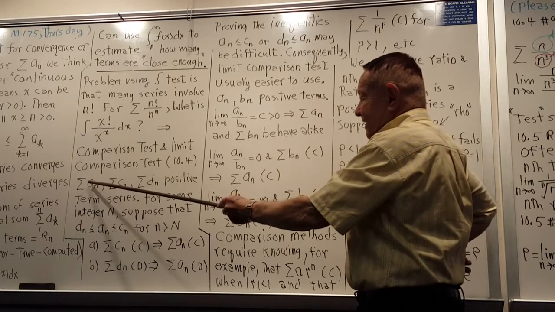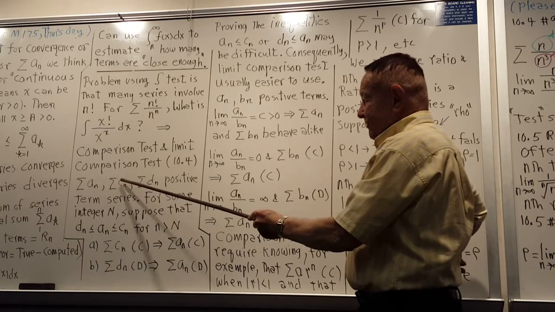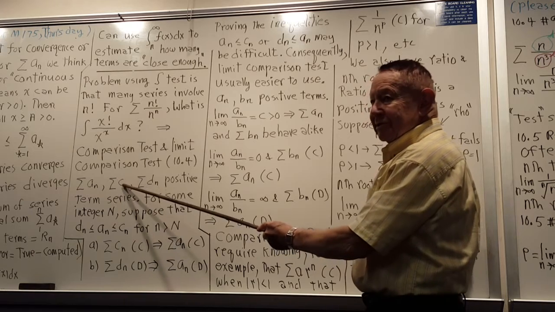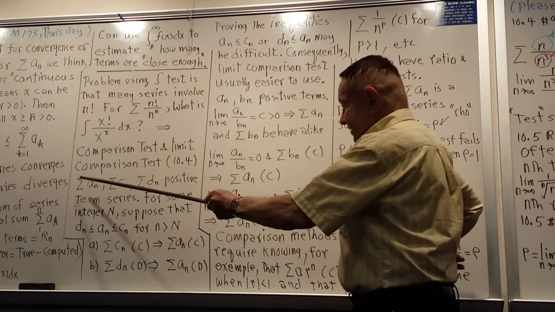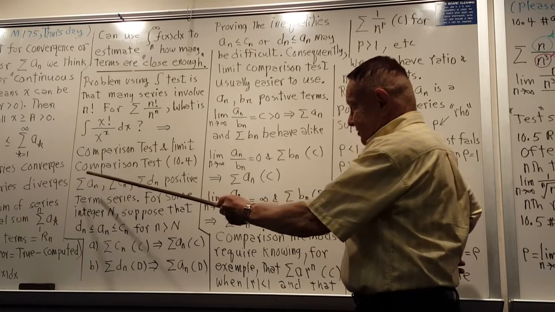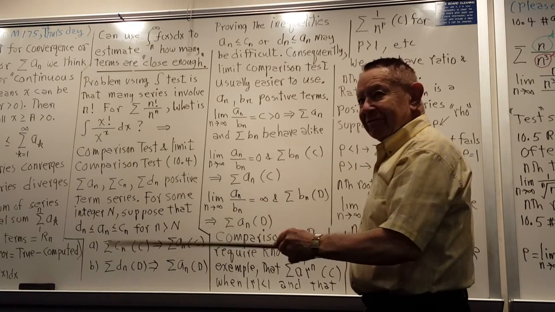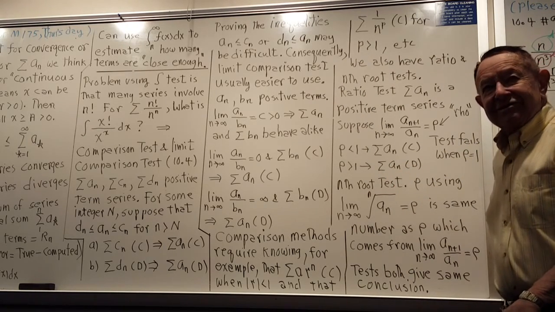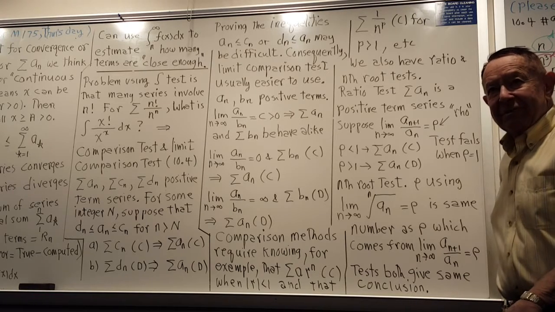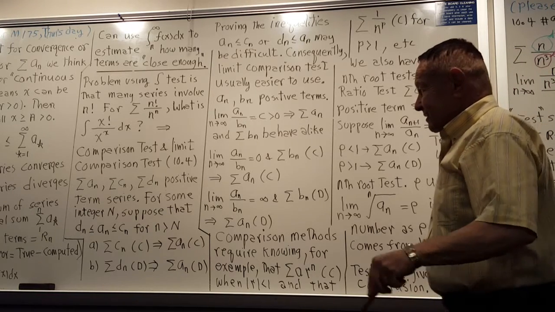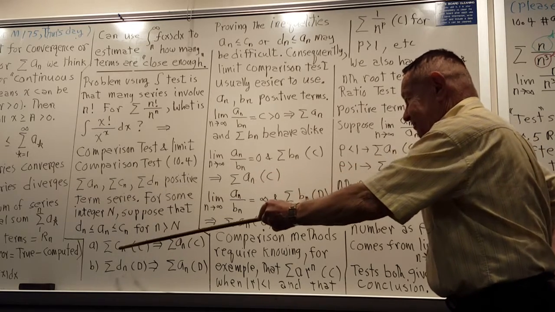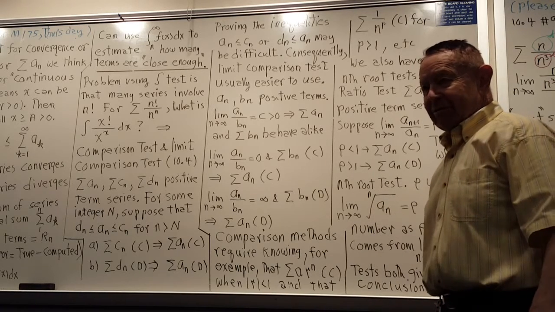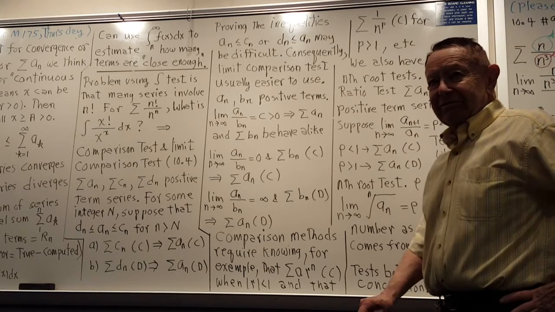If this thing diverges, you're not going to ever get anywhere trying to show the terms are less than or equal to those in a convergent series. And if this thing converges, you're not going to get anywhere comparing it with a divergent series. So you've got to make the right choice, and that's sometimes hard to do, but that's the game. It's easier, instead of a direct comparison, which requires working with inequalities, which are always hard for people,